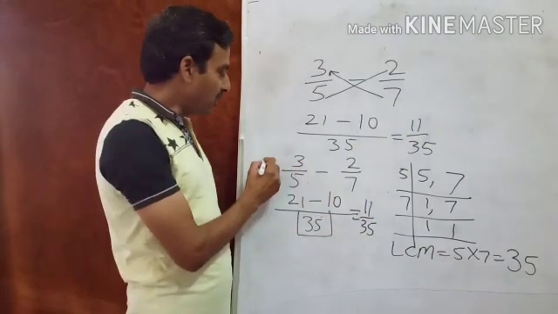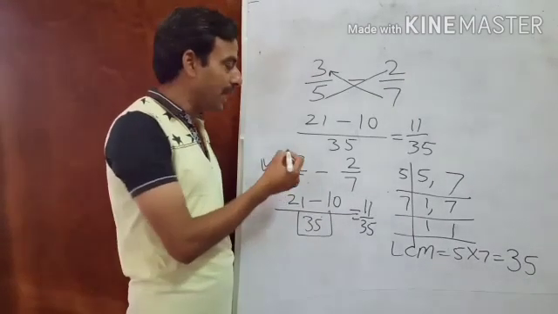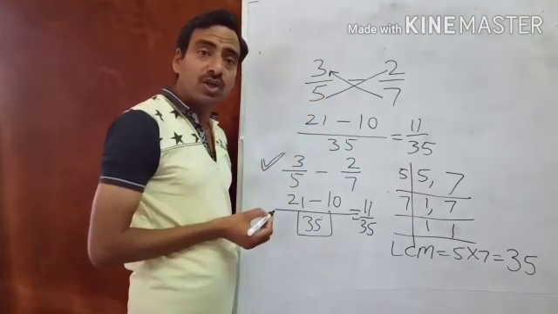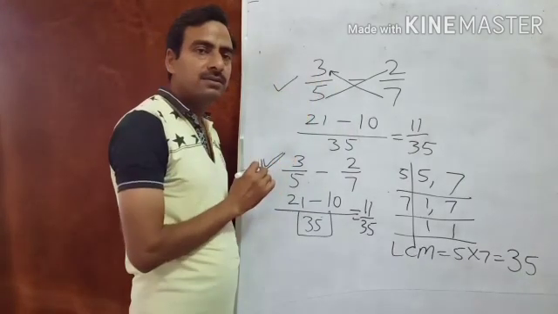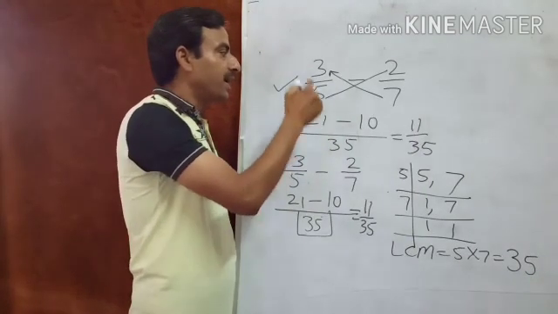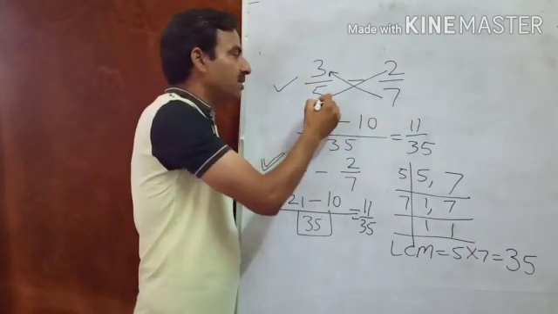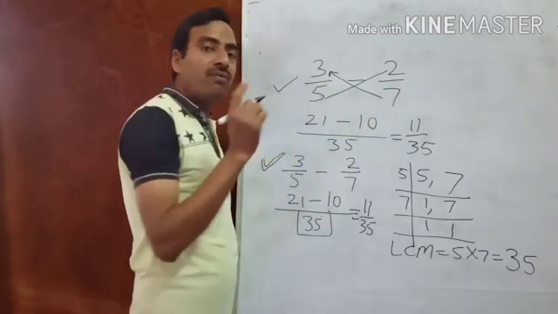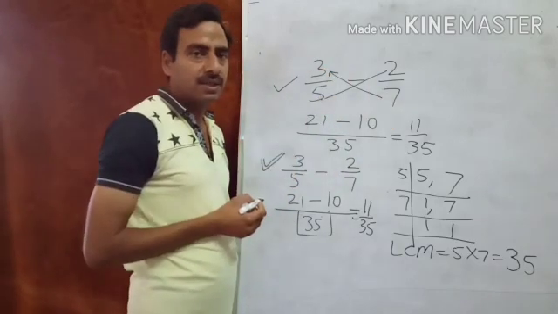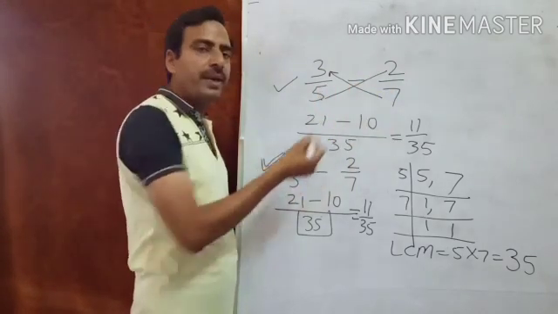But this logic is completely correct. At every place you can apply it. But that other logic you can apply at some places only. It is also correct. I am not telling it is not correct, but it will not be correct always. It will be correct whenever both denominators have only one HCF. It means both should be co-prime numbers. Then you can solve by this method. Otherwise, your answer will not be correct.